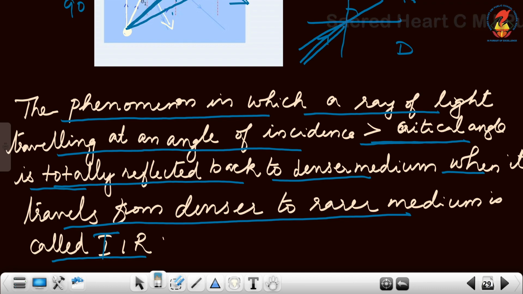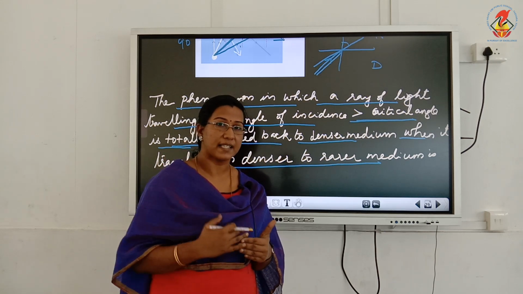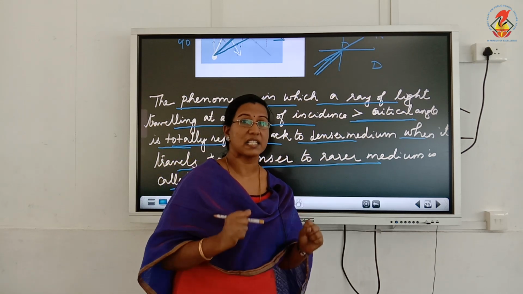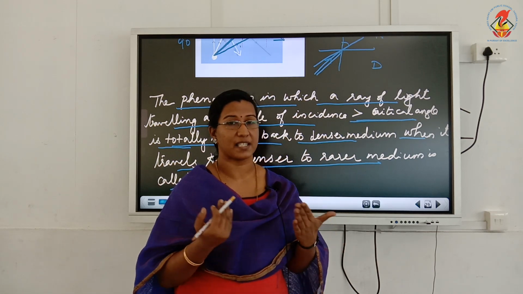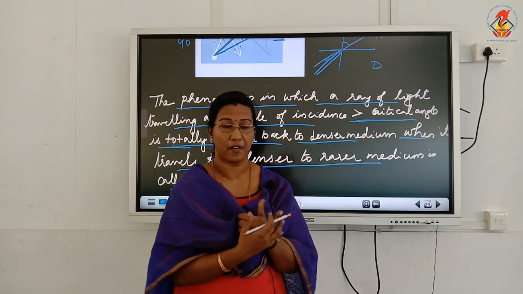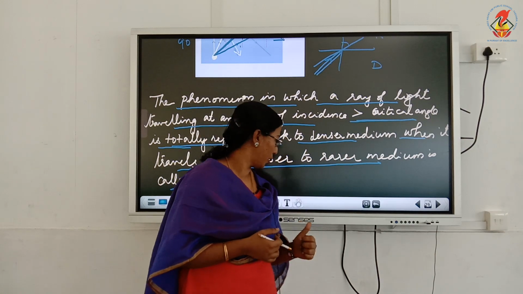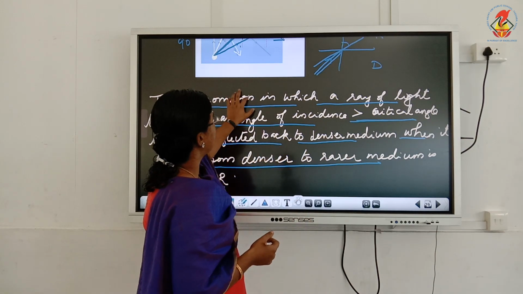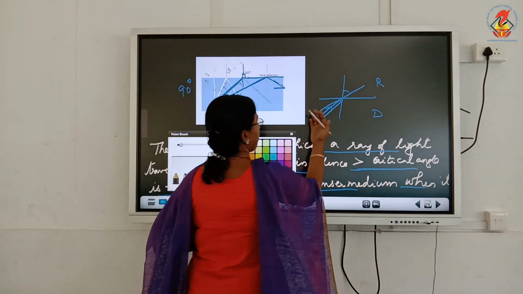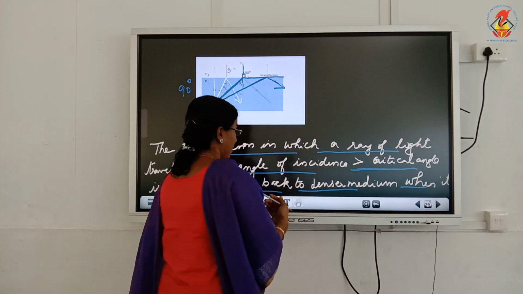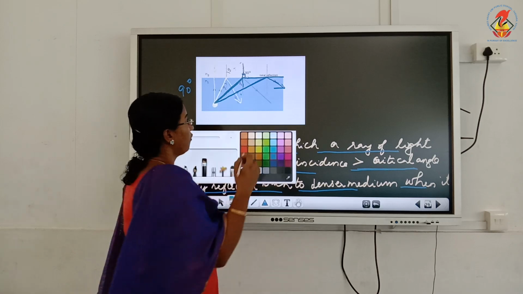The phenomenon by which a ray of light, when it travels from a denser medium to a rarer medium and is incident at the interface at an angle greater than the critical angle, is completely reflected back into the denser medium itself, is known as TIR. So the question is, what is the critical angle? As the angle of incidence increases, there reaches an angle of incidence where the refracted angle will be equal to 90 degrees. So the angle of incidence at which